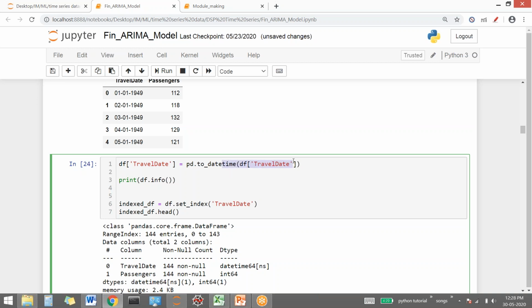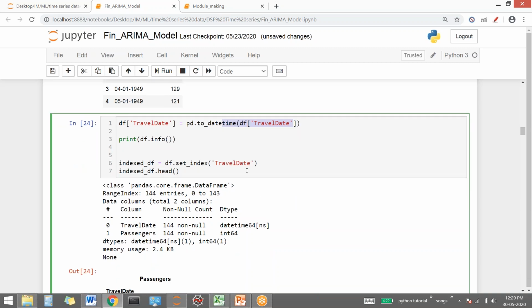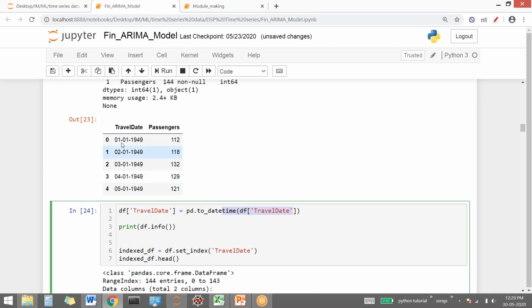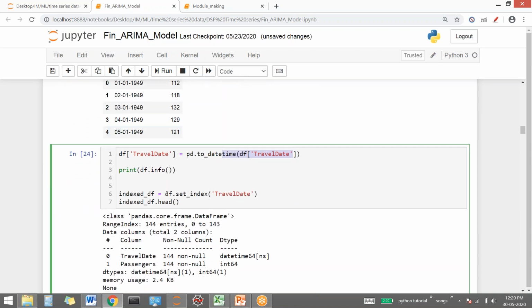Once this is the datetime column, another mandatory thing is that your time column should be your index. It won't be a column here, it will be your index. In time series data, whichever column has the timestamp will be your index. You have to make it the index. So using this command, df.set_index, which we did in pandas when we were doing pandas in our class. So df.set_index, which one to make? Travel date, because this is the column where my datetime is stored. So df.set_index, I'm naming my data index_df, and I'm printing the head here now.